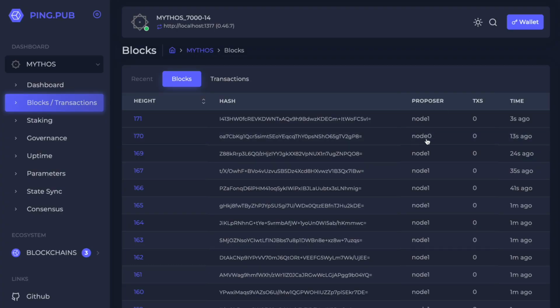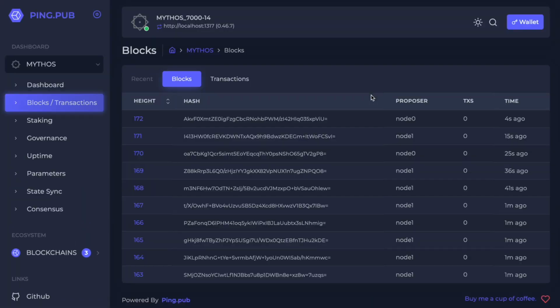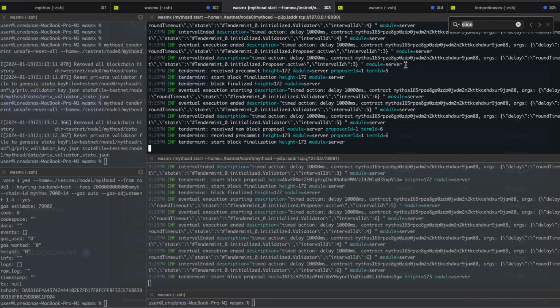And we see both nodes now proposing, node 0 and node 1. Let's do a refresh. So let's look at the logs in more detail.